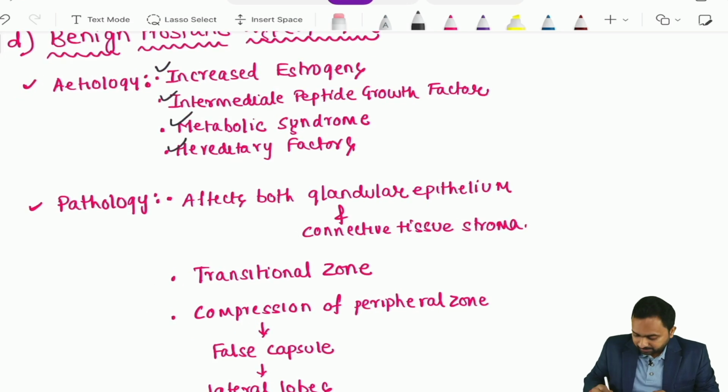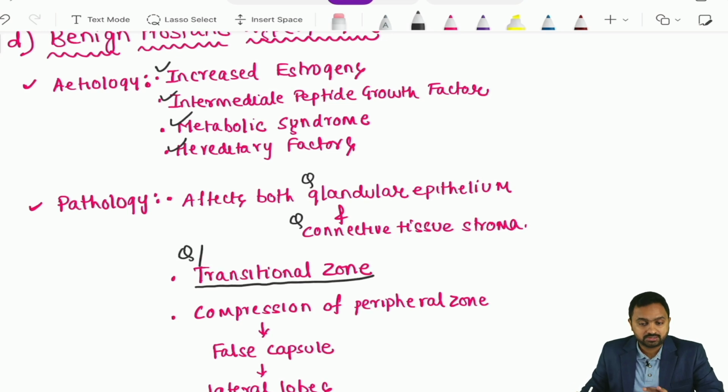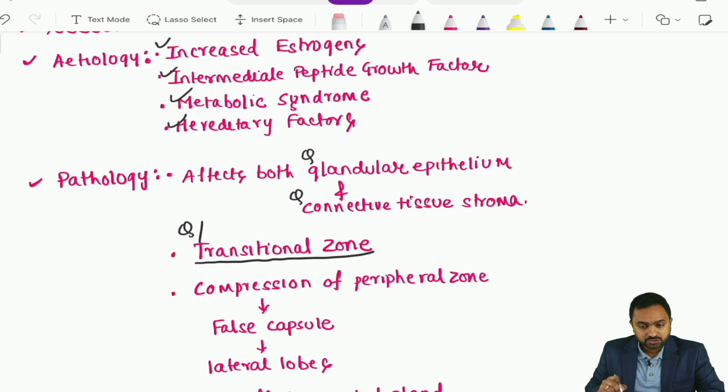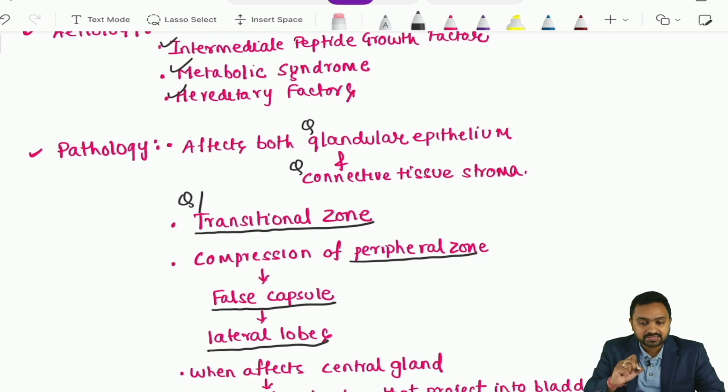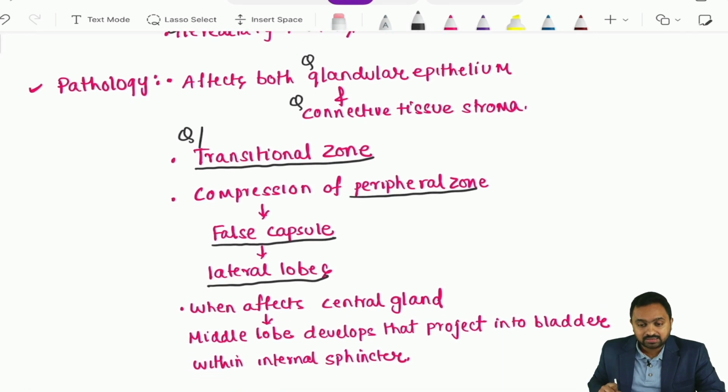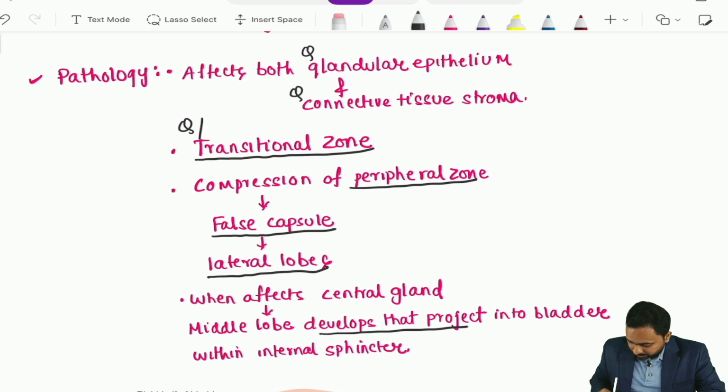Now, it affects both the glandular epithelium and the connective tissue stroma. It mainly affects the transitional zone of the prostate. So, there is a compression of the peripheral zone causing a false capsule and the formation of the lateral lobes. Now, when it affects the central gland, then the middle lobe that develops projects into the bladder within the internal